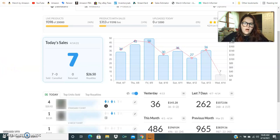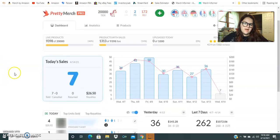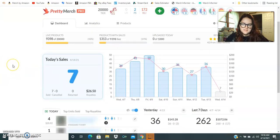But overall, the account is something that, as much work as you can put into it, the better. This is how I've seen my account grow, just being consistent and making sure I hit my upload targets and setting those goals to begin with, because if you don't have any goals set, then how can you reach them, or how can you fall short of them? So my target for the end of April will be to have 10,000 designs uploaded, so I gotta get